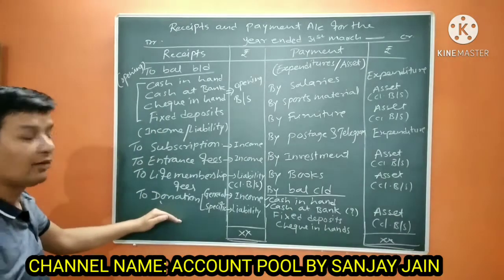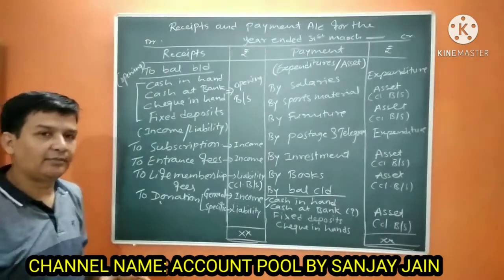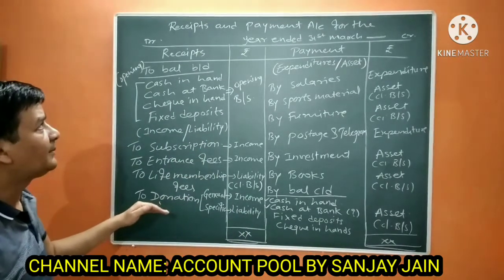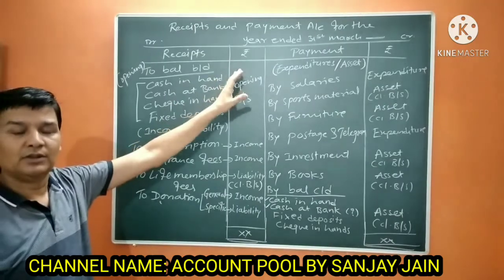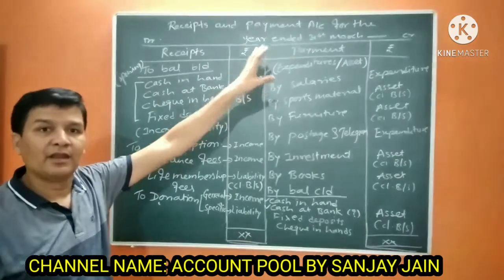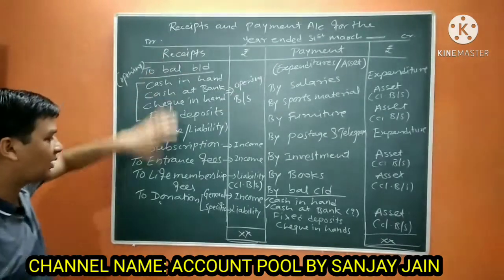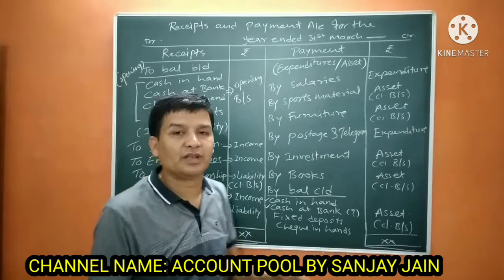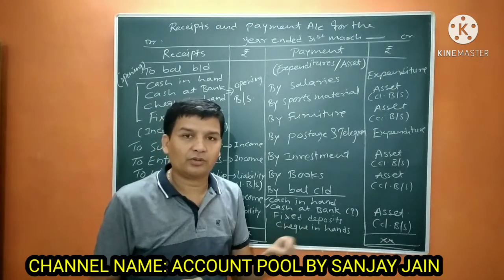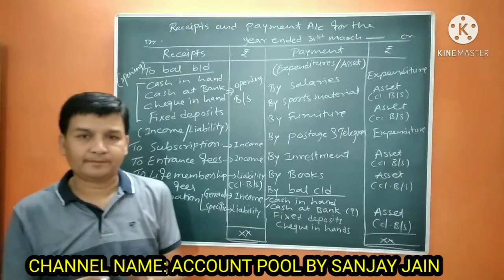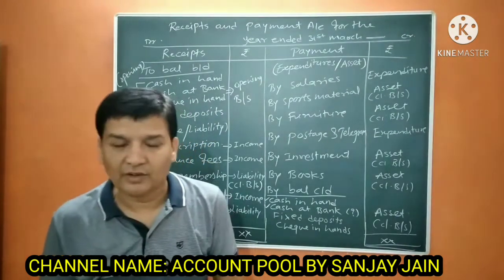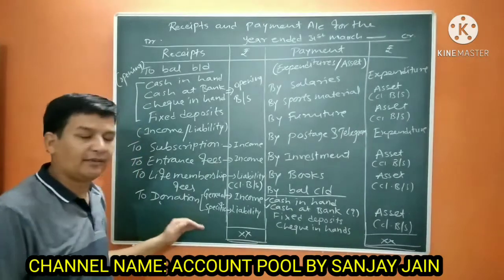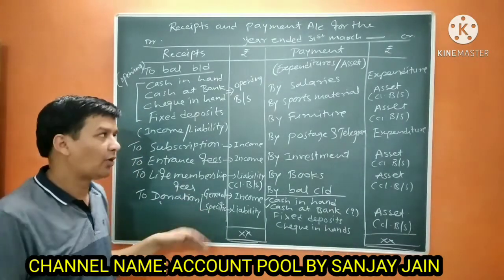So this is the perfection you should have. Which item is going where, you should know very well. This is receipt and payment account, that is a summary of cash book. Its nature is real account. Okay, debit, what comes in, this is receipt, what comes in, this is payment, what goes out. Is it very clear? So now we move to the main 3 parts which we have to learn before going for final questions. Okay, so my dear friends, now we will move one by one for those items.